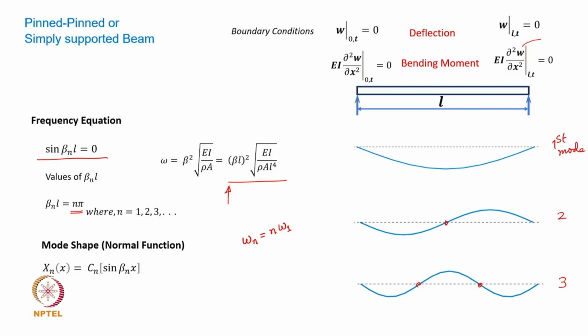For complicated geometries or geometries which involve continuous change in the cross sectional dimensions, it's difficult to get the closed form solution for the natural frequencies, and that is why typically we discretize. The way we saw, if this beam was continuously changing in its cross sectional dimensions, then one can get solutions by using